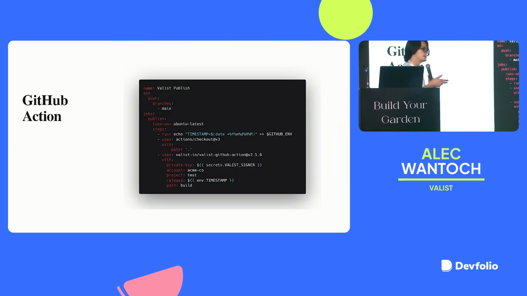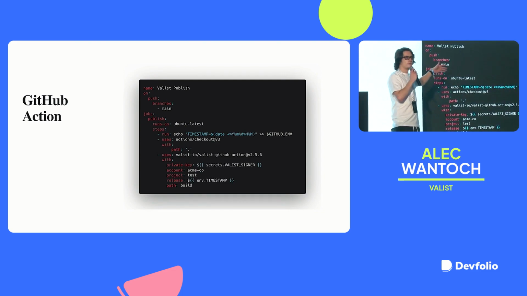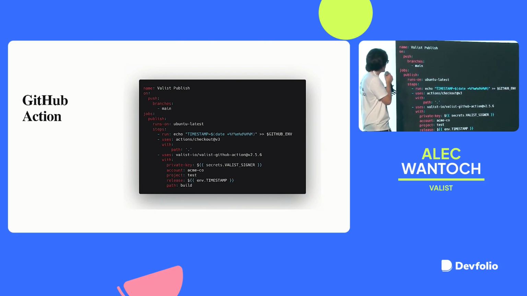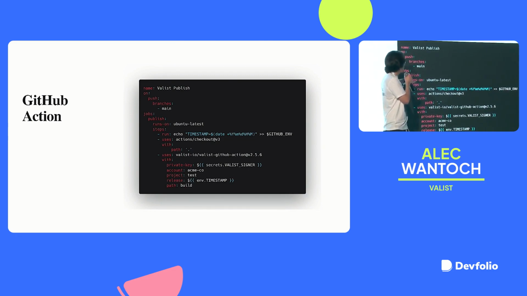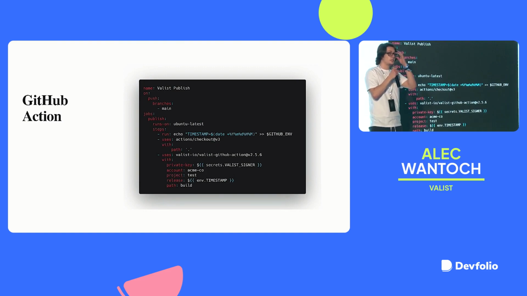And then the GitHub action is something very similar. So all you have to do is say, hey, whenever I'm pushing to the main branch, go ahead and give it a publish. And you could pre-fill any of the previous steps here. In this example, basically we're publishing to Acme Co under the test project, and we're publishing the build folder from that. And again, due to the access control features with this, you could generate a fresh key that only has access to that one project, or it could have access to multiple if you want. You can add it to as many as you like, but it allows you to restrict the access for that particular key, and you don't have to hold any crypto inside of it.